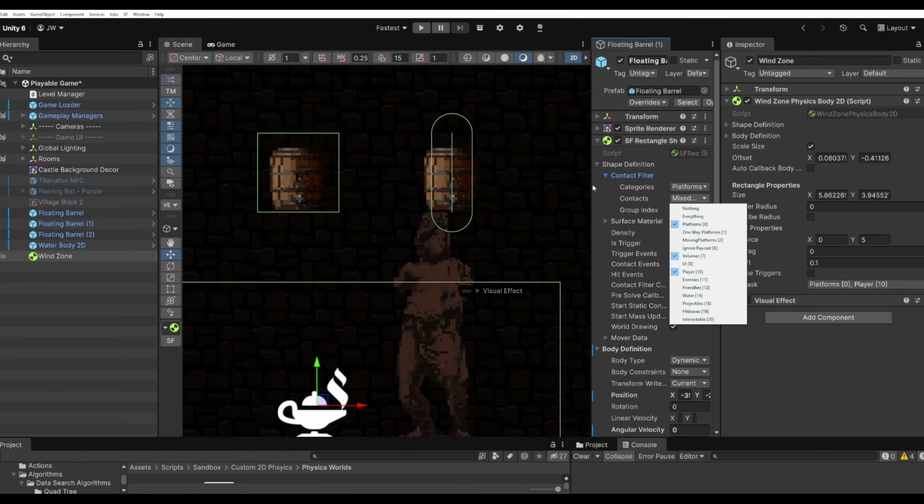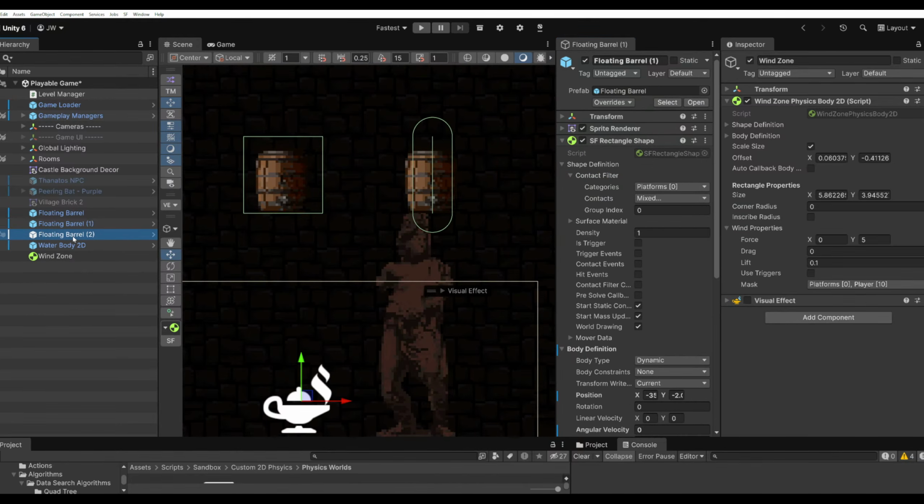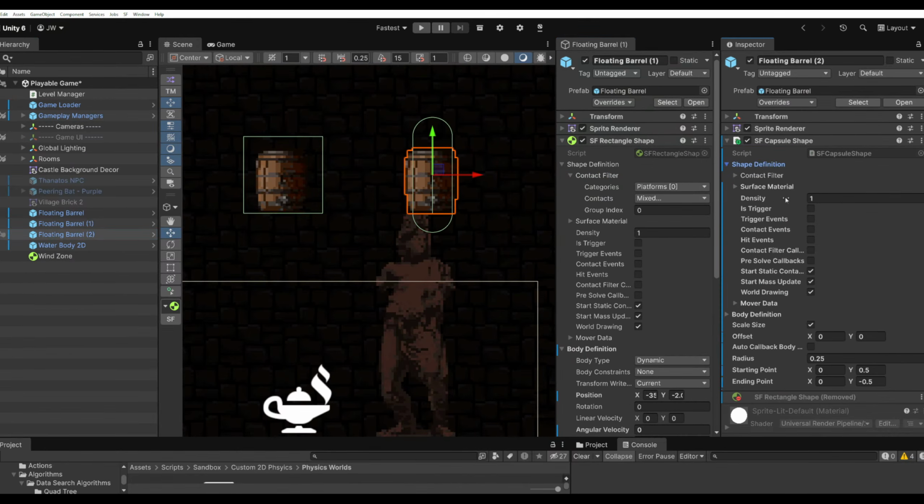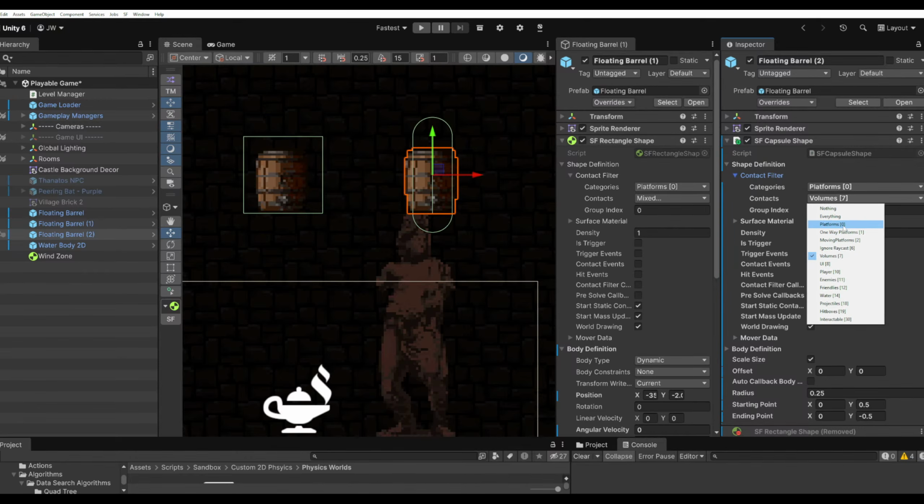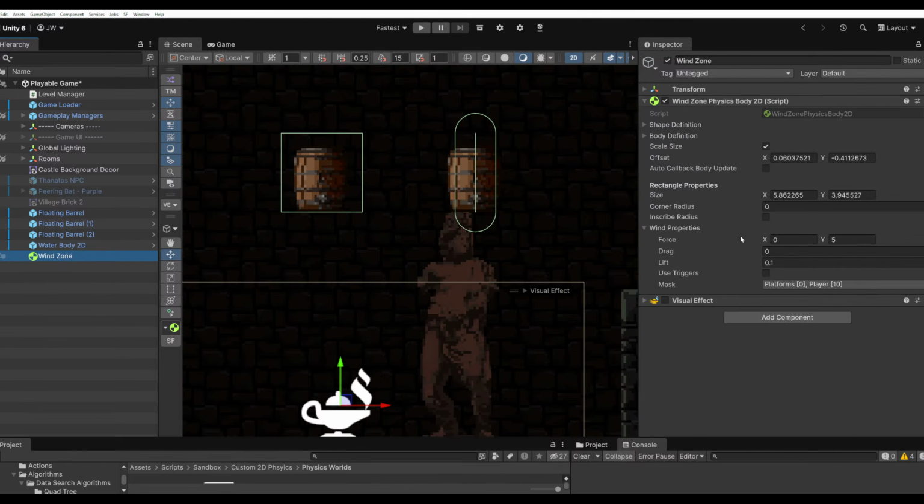Let's actually make that collide with the floor real quick. That way it doesn't fall over or fall through. Okay, so yeah, that's